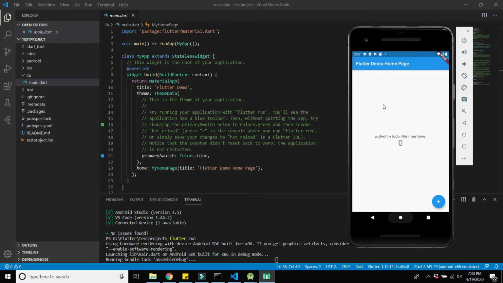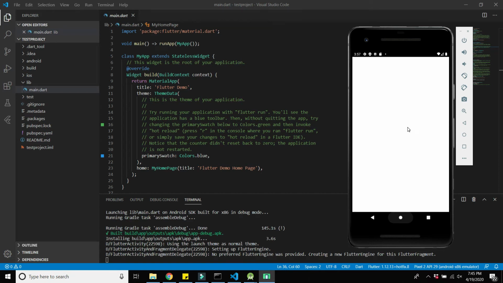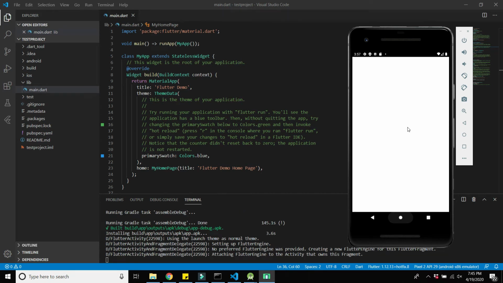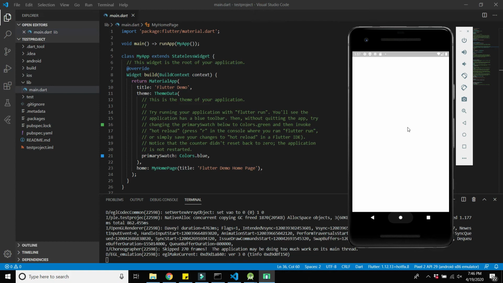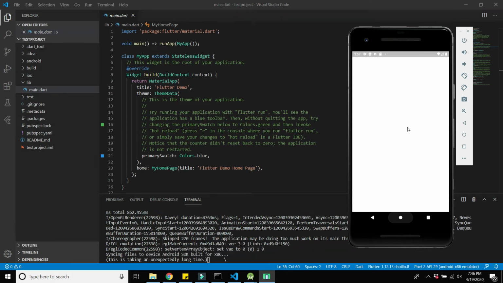This is the previous project that I already created on the emulator, and it will take some time to download the APK file in this emulator. It will depend on the internet connection of your computer. For the first time it will take some time to open this project in the emulator, maybe a few seconds or a few minutes to download and run the APK on the emulator. For the second time it will take only a few seconds, just 3 to 4 or 5 seconds, to run the project on the emulator.